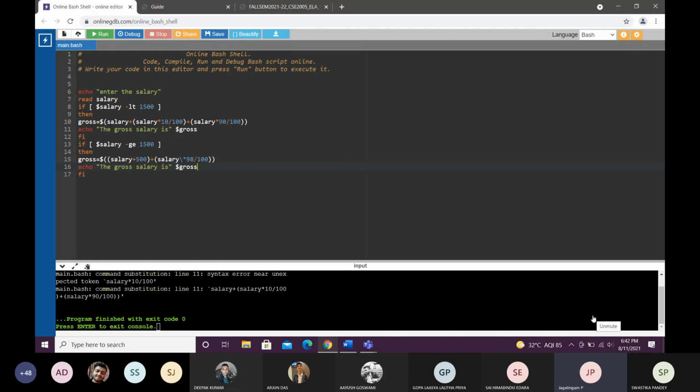But this formula is for HRA and DA. Now we have to calculate gross salary. Okay, sir. So what's the reason for using backslash then? In the previous code, we used backslash and a star symbol. That means multiplication. If you want to perform multiplication, then we need to use backslash and the symbol. Okay, sir. Then why not here?